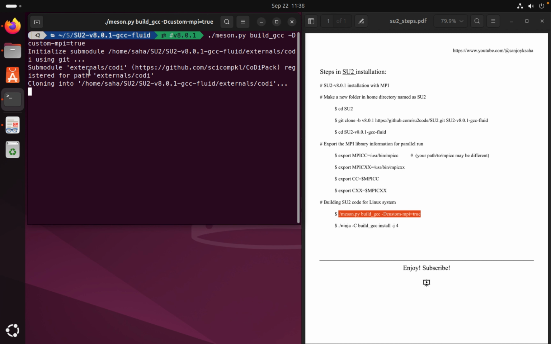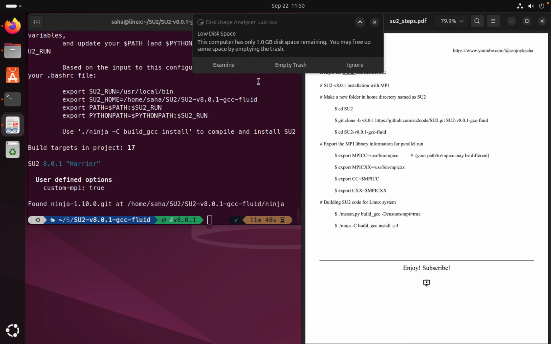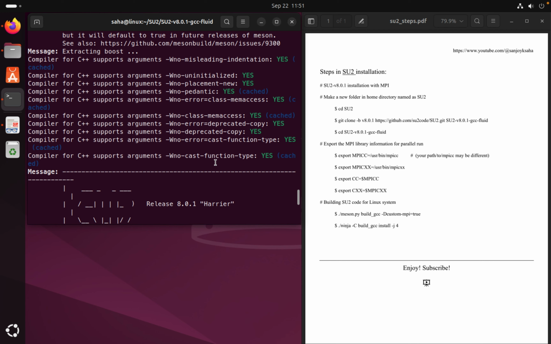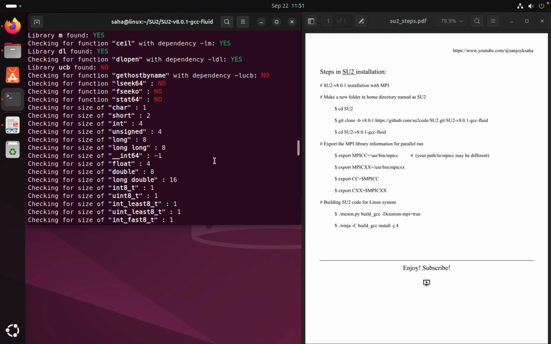It will take some time to finish the building. So I will just pause the video here and continue after it finishes the cloning and the other things. Okay, as you can see, the meson.py build has been finished. I'll just ignore that, and I will show the logs in here, some things from here. Okay, so these are the things we need